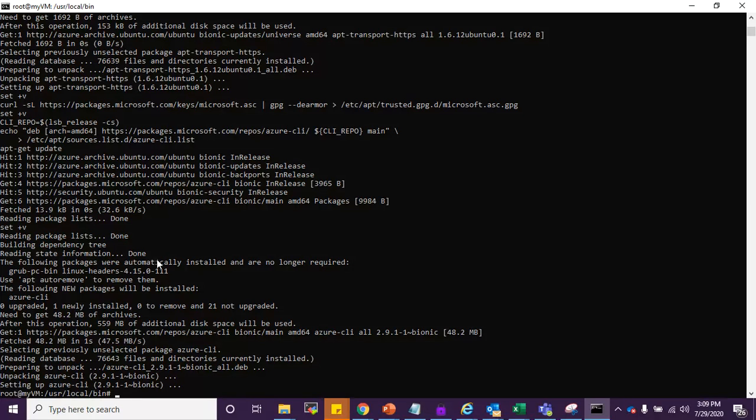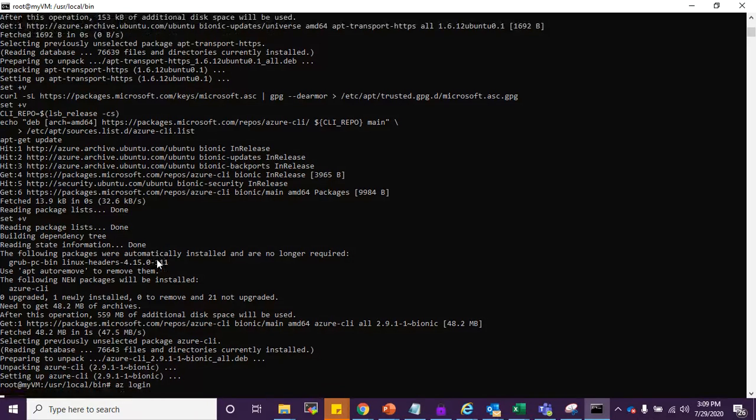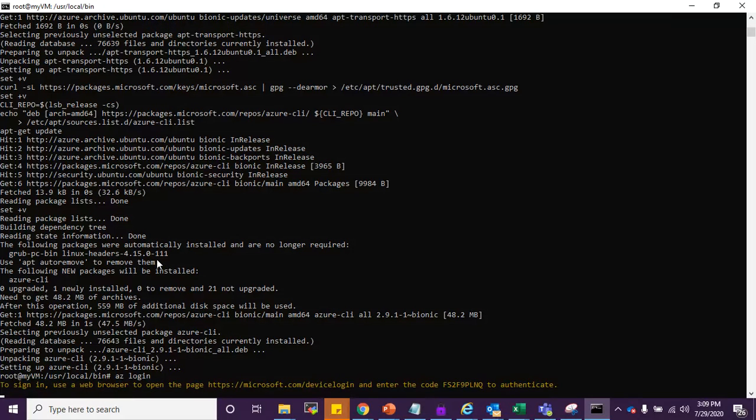So CLI is installed. Let's log into our subscription. Or let's log in. So it's asking me to sign in, use a web browser to open this page and enter this code for authentication. I will just do this.